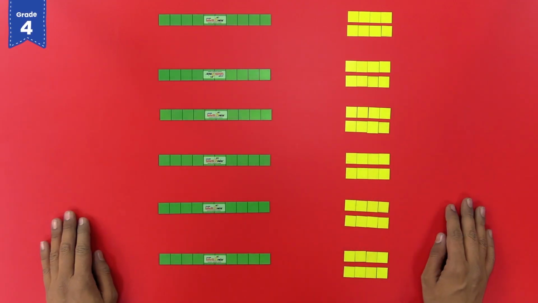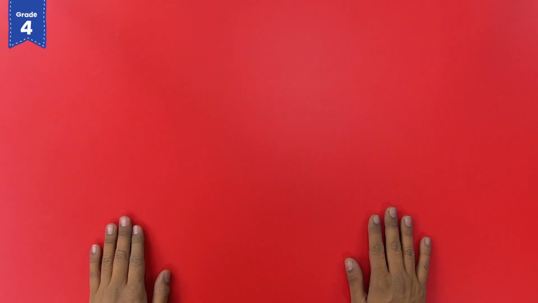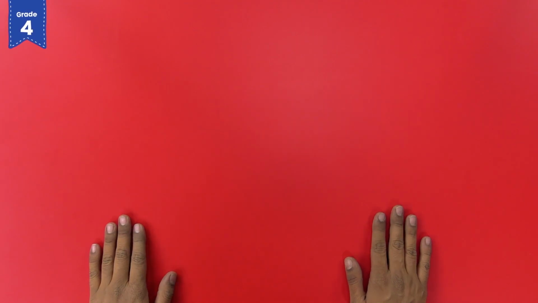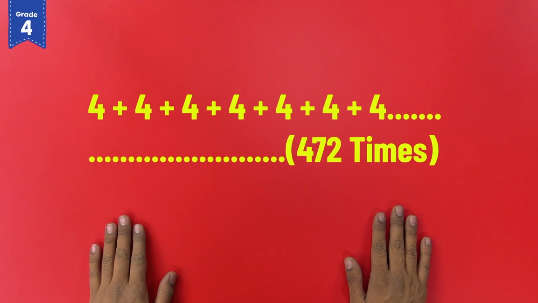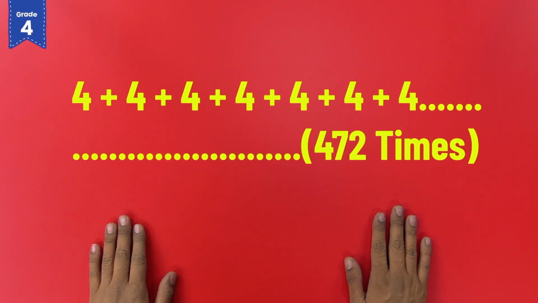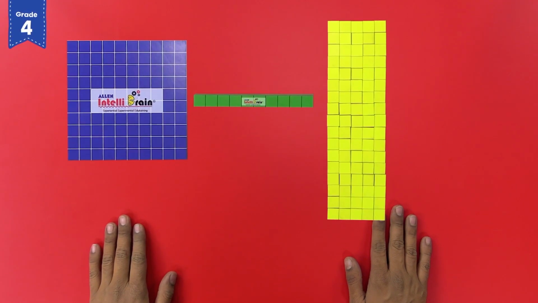This is an amazing way to visualize the method of multiplication as the process of repeated addition. But this is an easy multiplication which many of us might even remember on tips. Let us try to perform a bit more complex multiplication problem. What about the number 472 multiplied with the number 4? Which means we need to add 4 times 472 or add the number 472 4 times. To do this, let's first represent the number 472 using the number cards.